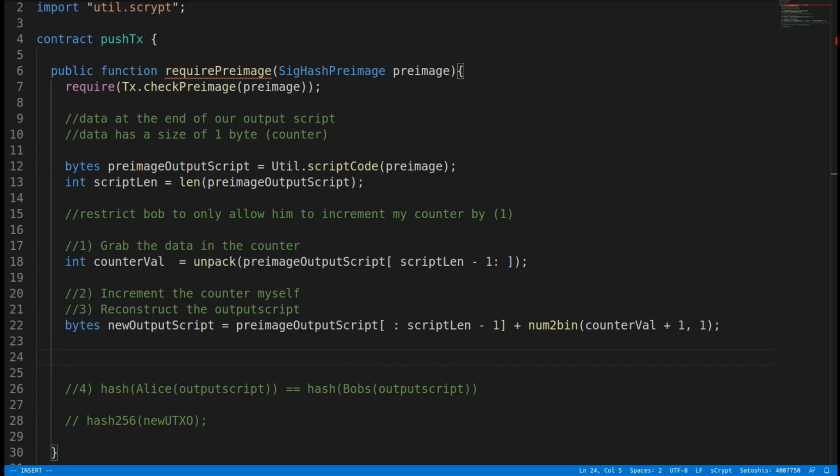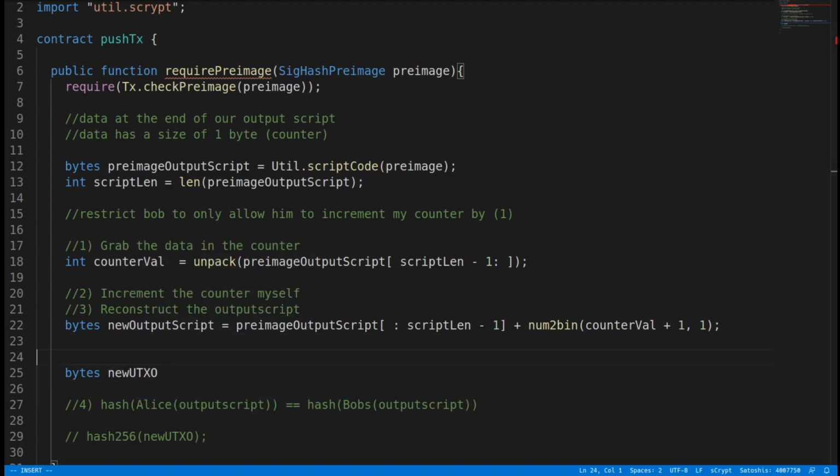I need to create my new UTXO, right? So my new UTXO is going to be a byte array. And the reason I need to create this new UTXO is because when I take the hash here, I actually don't want the hash of the output script. I want the hash of the UTXO. It needs to match the hash of the UTXO. And I'll explain in a second why that is. So I'm going to say my new UTXO